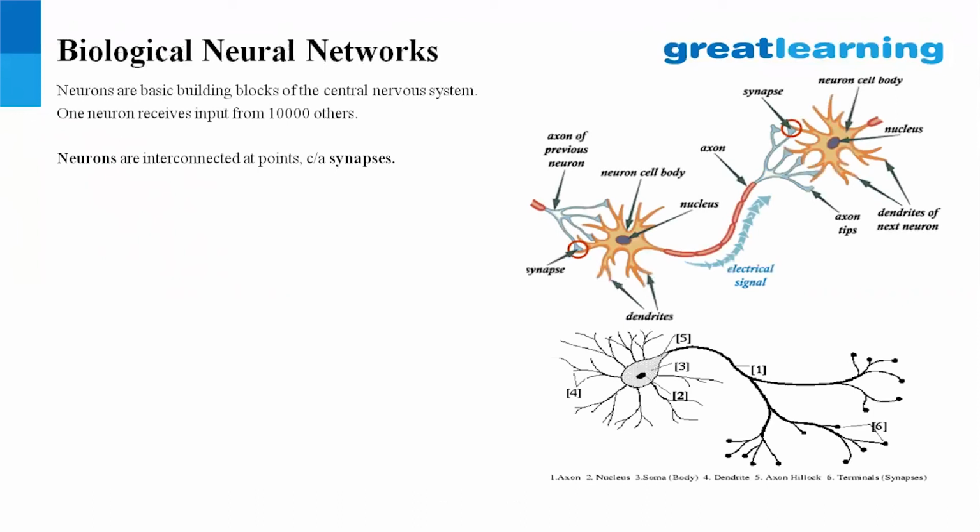So something that you see in yellow is a neuron, which is similar to a neuron in the artificial neural network, wherein each contains some data about the input data variables. The neurons are interconnected at the point called synapses. In the diagram above, you see a red circle where there is a synapse. Neurons are interconnected at synapses, and this is similar to the artificial neural network, because the different input variables that you take,